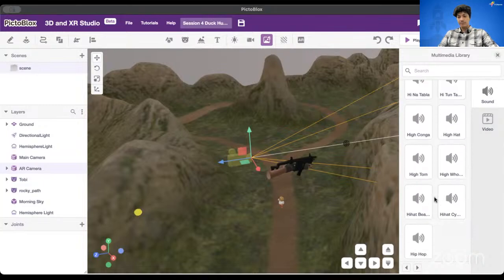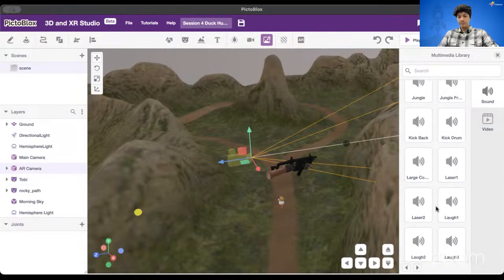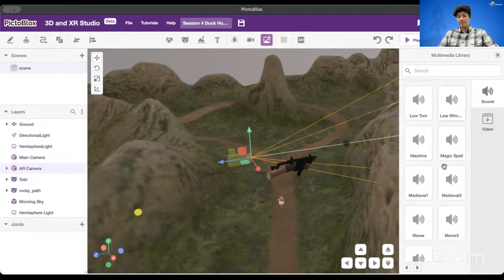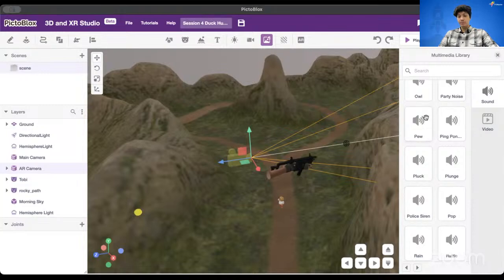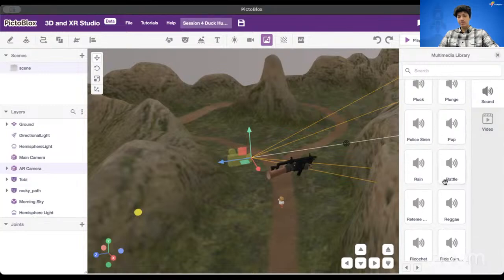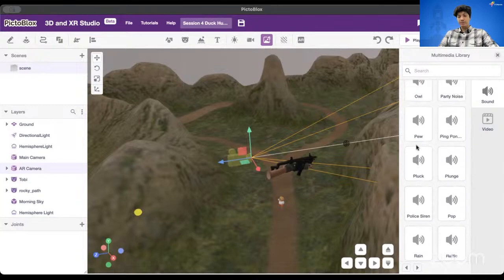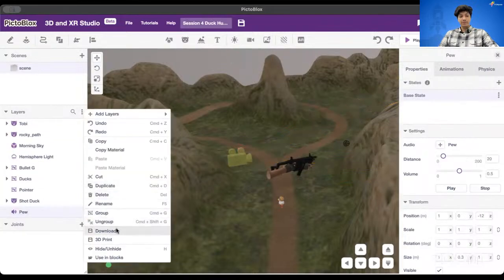Nope. Laser. I can add laser, but it's not a laser gun. But if you want, you can add it also. Pew. Pew, I think, is also good. Pop is also good. Let's see what pew sounds like. I think it is something that you can add. Pew is something that you can add if you want to. Right. So let's just grab this pew and